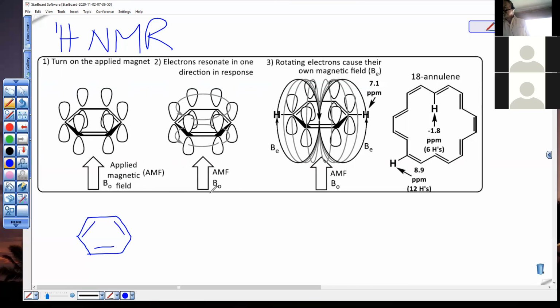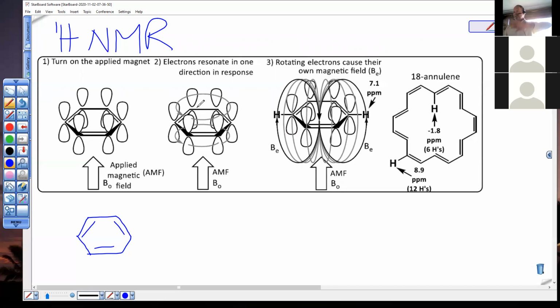And then the pi electrons start resonating in one direction only to take advantage of an attraction to the magnetic field. It's sort of like your north-south poles lining up in magnets. Even if you turn on your electromagnet in one and you have the other one like this, it's going to flip so it can be attracted and stabilized. So all the benzenes will realign themselves to resonate this way. And when they do that, they cause their own magnetic field. The circularly rotating electrons that you just caused cause their own magnetic field, and the magnetic field follows the